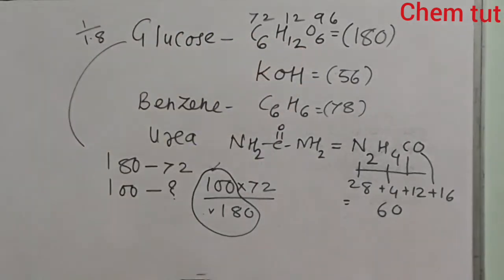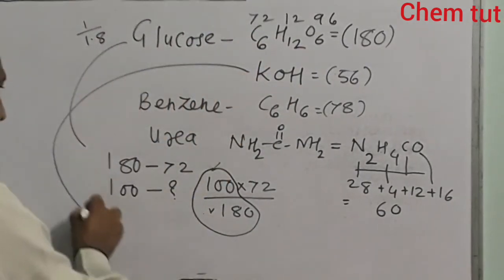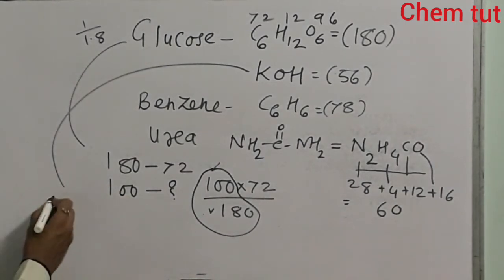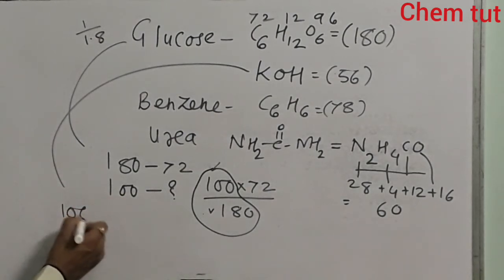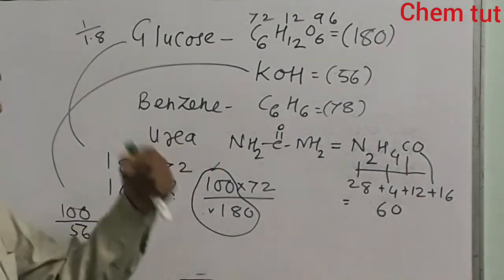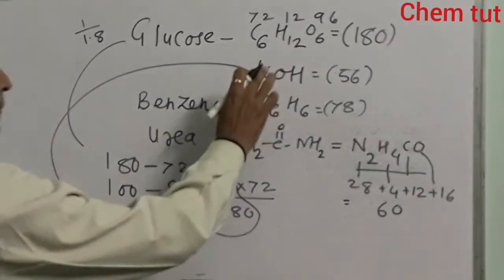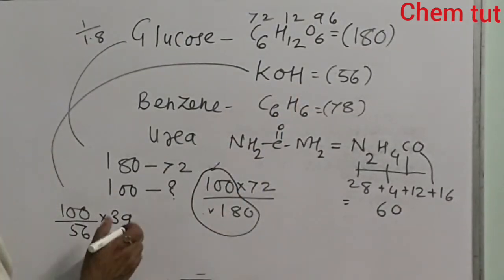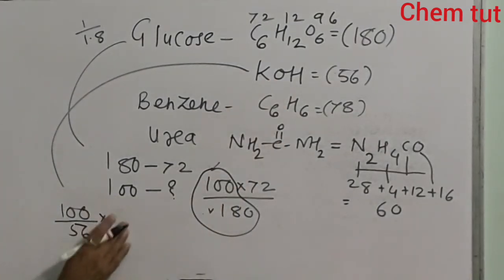Now in case of potassium hydroxide, if you try to calculate, what is the common factor? See, in 56, 100 will be divided by 56. It will be the common factor. Very easy to find out the common factor. Multiplied by, if potassium is asked, multiply by 39. If oxygen is asked, instead of 39 multiply by 16. If hydrogen is asked, instead of 16 write 1. So in this way you can find out one common factor for the calculation and just go on multiplying by the contribution of the given element.